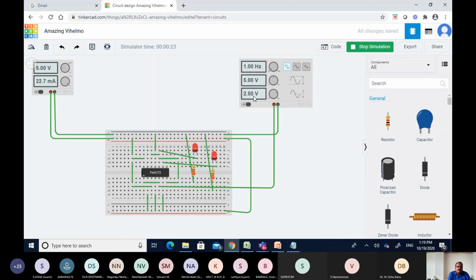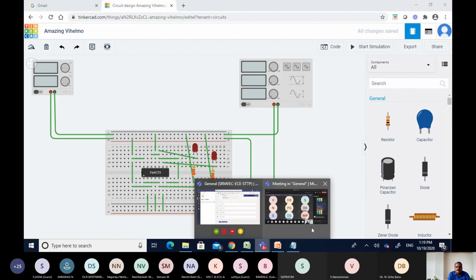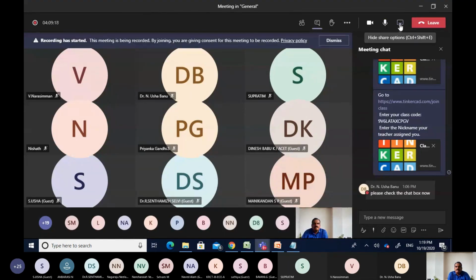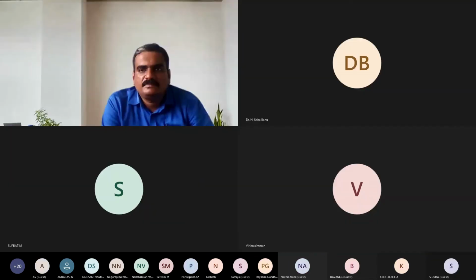Okay, so this is DC offset. I hope you know the meaning of DC offset. If you make this a DC offset, it will be clamped up, right? Yeah, so that is all. With this I will stop the simulation. If you have any queries, you can ask me even by unmuting yourself.